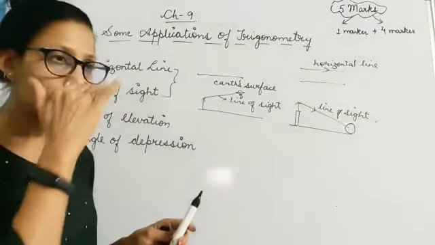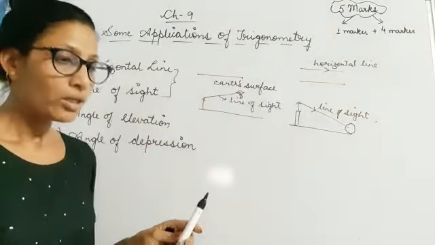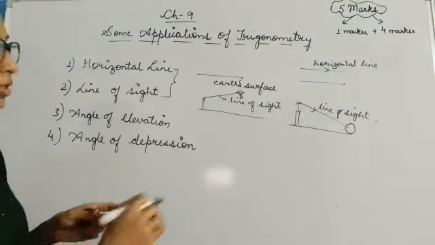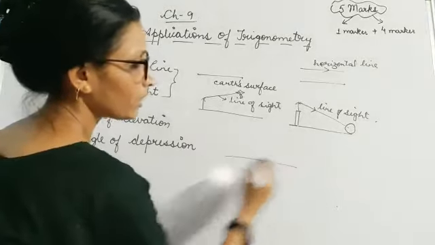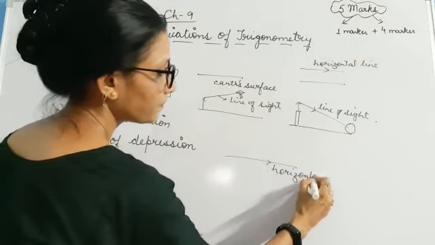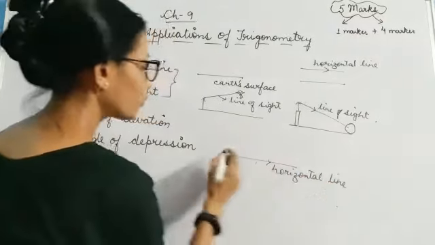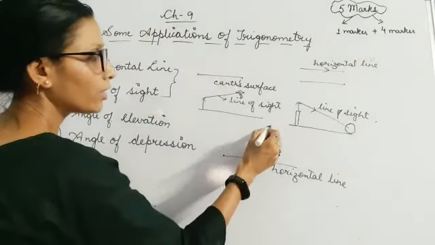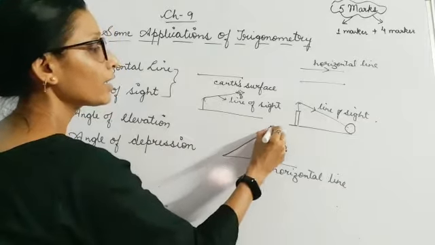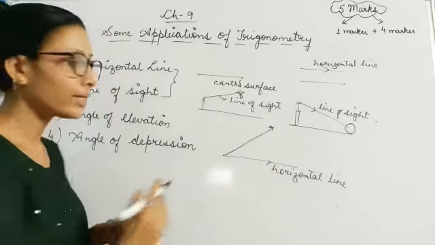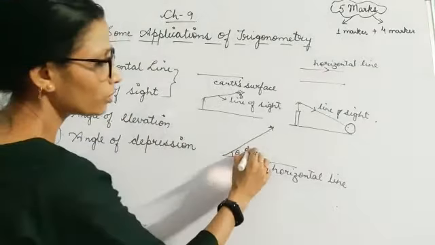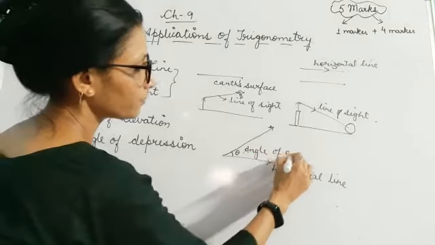And let's suppose if this is my horizontal line and if I have to look down for an object, then it will make angle of depression. So here I can say, let's suppose this is my earth, which is your horizontal line. And let's suppose a person is standing over here and looking at an object here. So if he has to raise his eye above this horizontal line, then the angle so made is known as angle of elevation. So this is your angle of elevation.